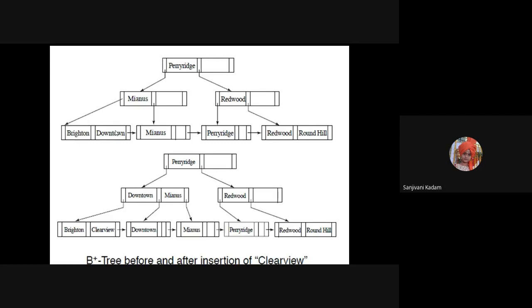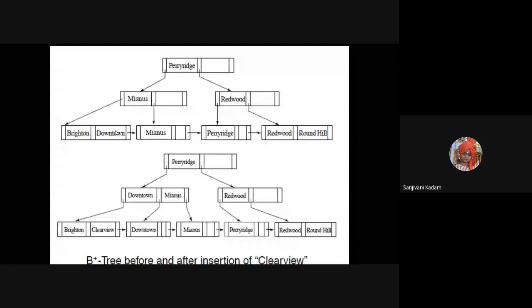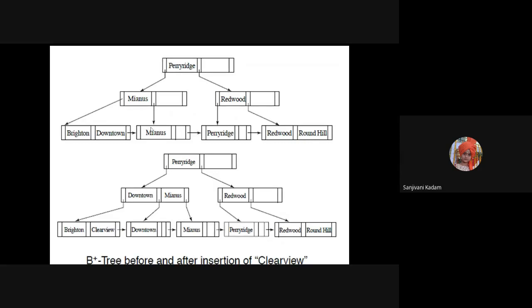The order of the tree is right now 3, and hence there can be two search key values there. So the sorted order will be Brighton, Clearview and Downtown. So we will split the node, first half into first node, second half into second node, and hence one more entry will also be moved to the parent. So here split up will be done and Downtown will be sent upwards for the internal node, and as space is available here, this will be available in the upward direction. So go through this example once, for a minute.